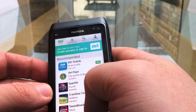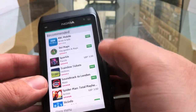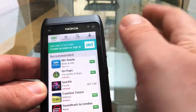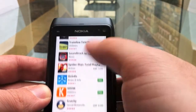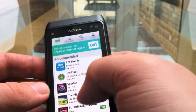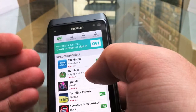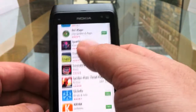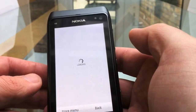What's wrong with it? I guess my biggest complaint is just lack of quality apps. Now, there's a whole explanation behind that, why people aren't developing for Symbian operating system, which we don't have time to go into, but certainly you do notice it. There are nowhere near as many quality apps in here as there are in other app stores. The second thing is that it's still buggy. I got a lot of download errors, I got actual crashes of the Ovi Store app while I was using it, things that I've never experienced when using...